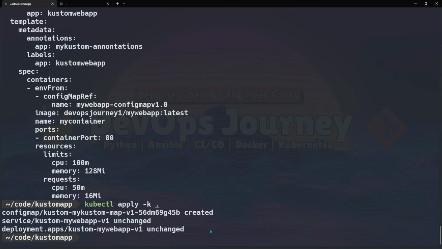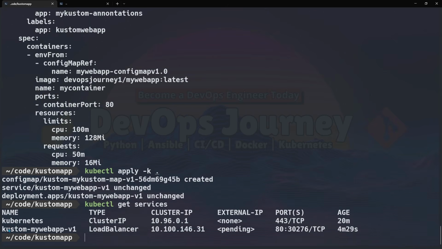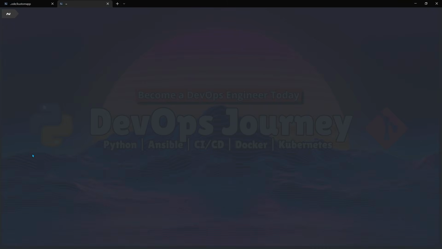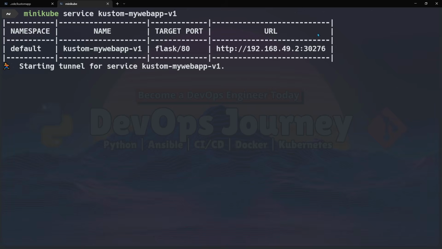Let's now go ahead and quickly test our application. So I'm using Minikube, so the best way to do that is to get the service name and then just use the minikube service command. So I'll just go kubectl get services, and it's this one here. And I'll open a new window and I'll just go minikube service and paste in that name,